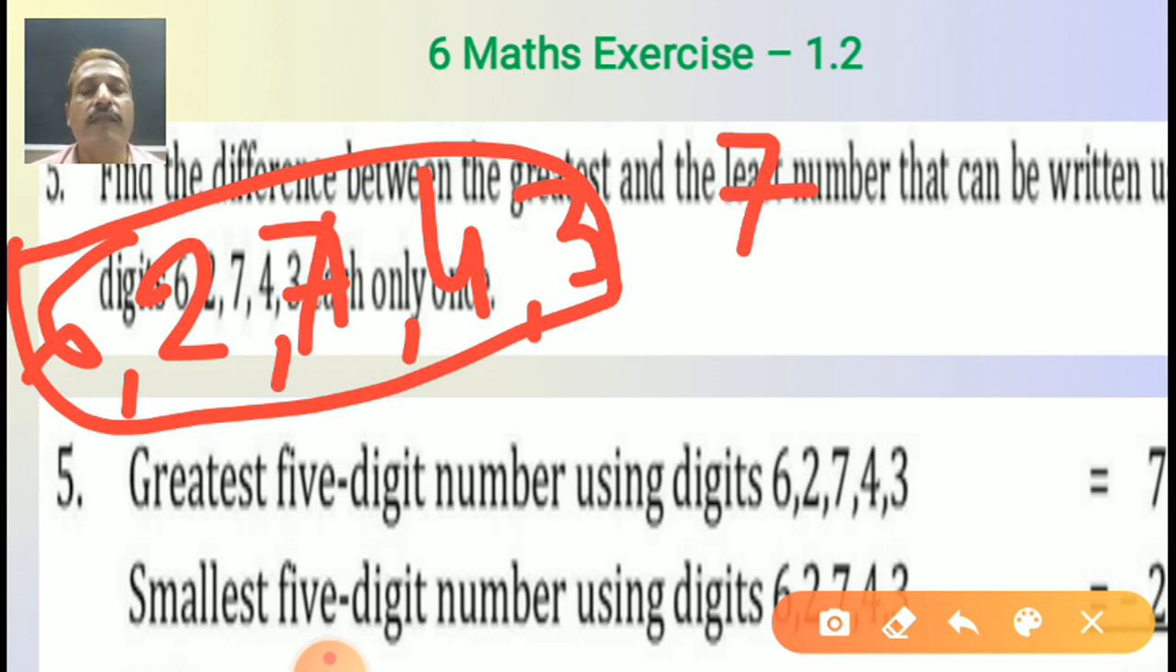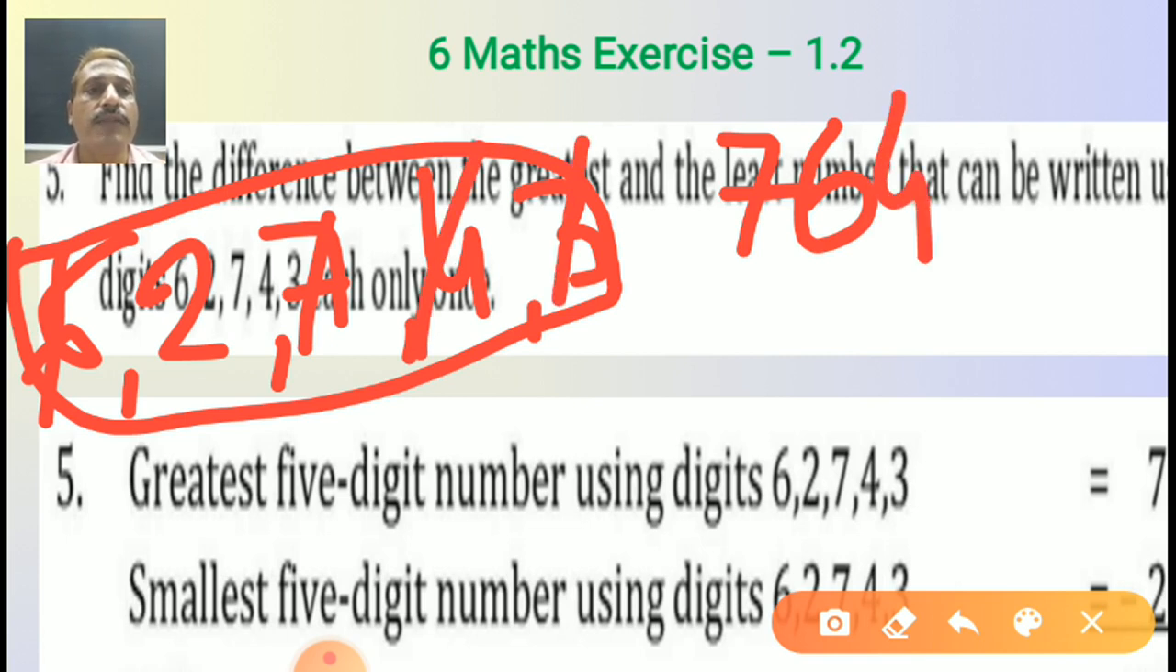So we can cut 7. Now what is left, students? 6, 2, 4, 3. Out of this, 6 is bigger. We can cut and write 6 here. Now who is bigger? 2, 4, 3. Yes, 4. We can write 4. Out of 2 and 3, who is bigger? 3. We can cut 3 and write it here. And the last is 2. We can write 2. Now this is my greatest number